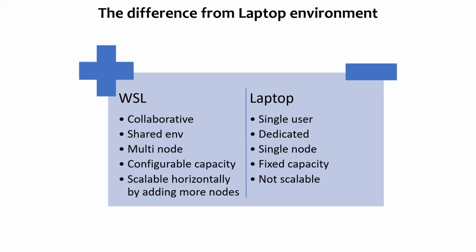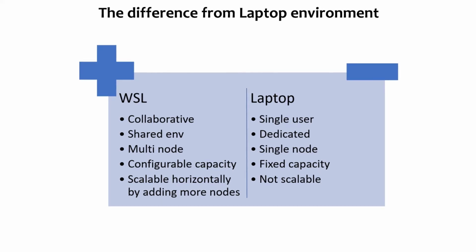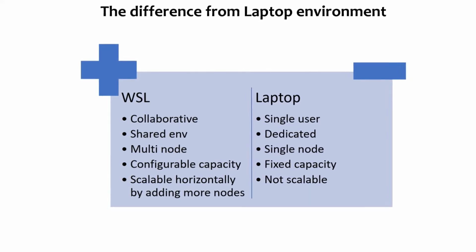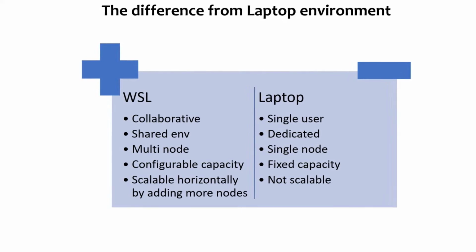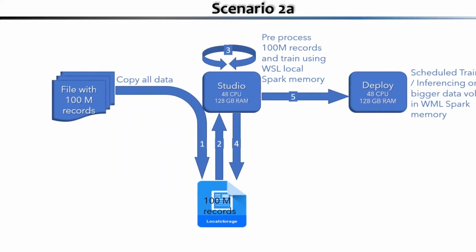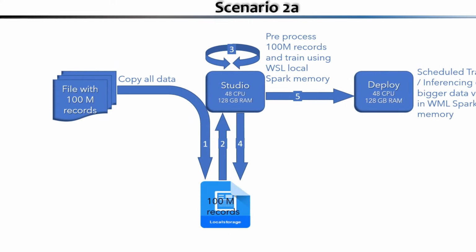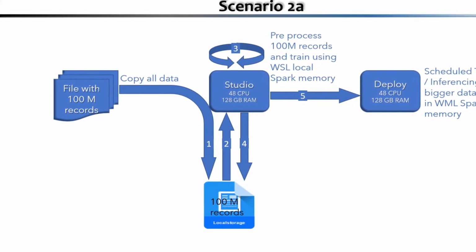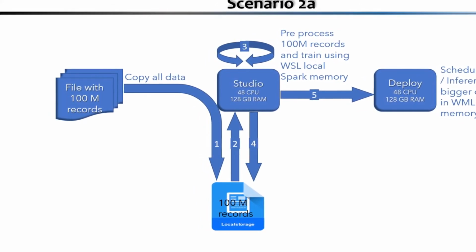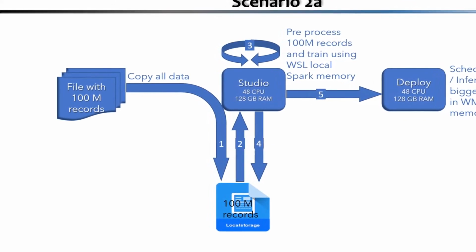Watson Studio can be multi-node, so you can actually have a cluster of nodes which can scale horizontally, which means that if you need to run a workload, you may be able to leverage the capacity across all those nodes and get a much bigger compute than you can get in a laptop environment. Similarly, in Watson Studio, you can configure the capacity, whereas in a laptop it's a fixed capacity, and you cannot scale it beyond that. Those considerations are important because when you go about executing bigger workloads, you have to take cognizance of all these factors along with the capacity that you have for the different environments, and then decide on the best approach